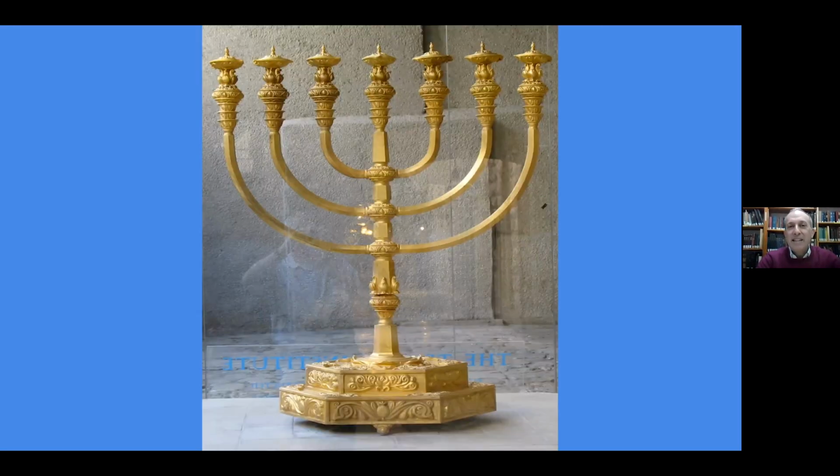So what did this menorah, this candelabrum, connected to the tabernacle look like? This is a modern rendition of what the biblical menorah most likely looked like, that stood in the first temple, in the second temple, and connected to the tabernacle. You can see some of the decorative aspects that Exodus describes looking at this menorah. The cups, the flowers, and the almond-shaped lights that you see at the top of the menorah.